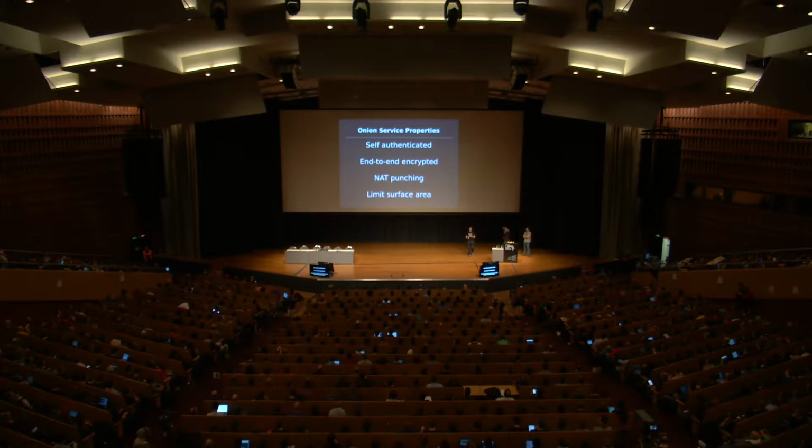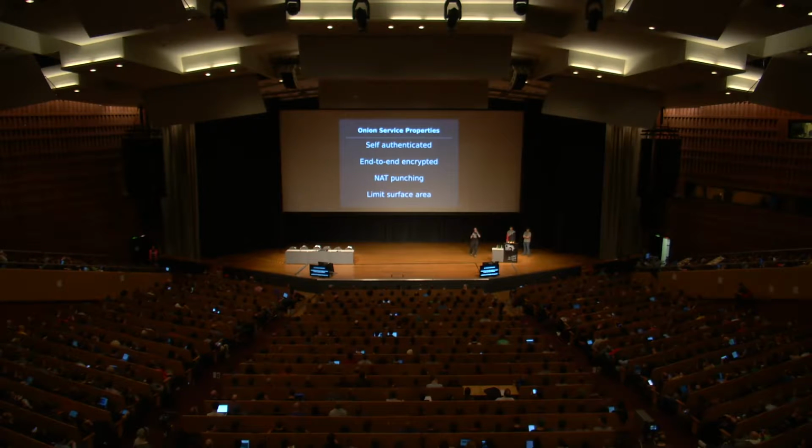One of them is the NAT punching feature. If you offer an Onion service, there's no reason to allow incoming connections to it. So I can run an Onion service deep inside the corporate firewall or behind Comcast's firewall or wherever I want to, and people are able to reach it. Many systems administrators say, I'm going to offer an Onion address for my home SSH server, and now the only way that I can connect back into my home box is via the Tor network.